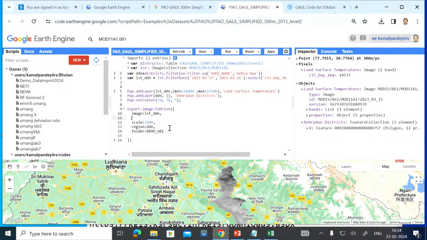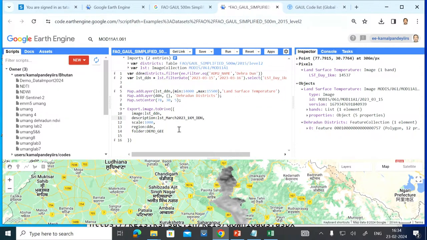And then we can have a description also, where I can write the name of that file. The name will be LST_March2023_1kilometer_DDN. Some name I have given to it.